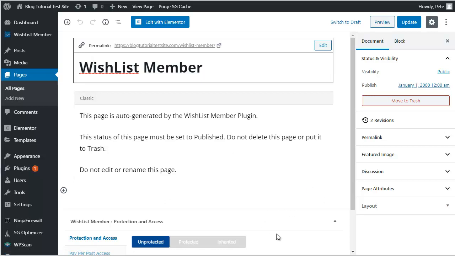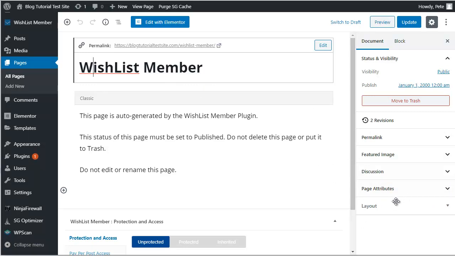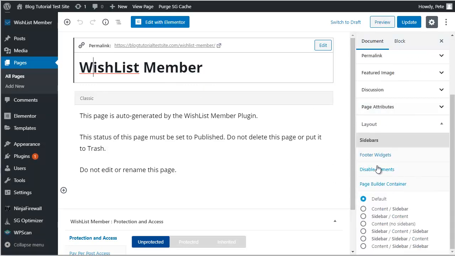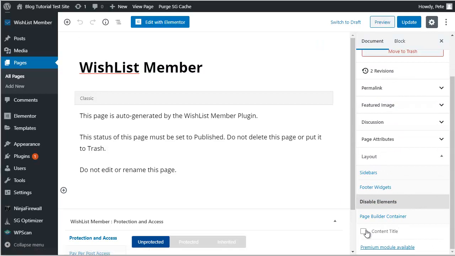Now if you've got a theme where you can hide titles, you could do that. I'm using the GeneratePress theme here, you can actually disable elements, so I could disable the content title so this page title wouldn't show. But I'll show you how if we just